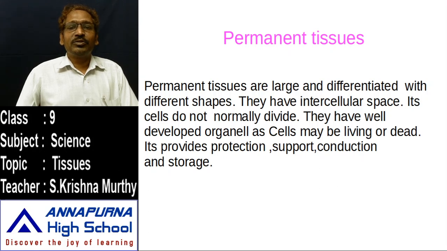In meristematic tissue, most of the cells are living cells. Whenever the living cells lose their ability to divide or carry out some activities, they turn into permanent tissues. So these permanent tissues, even though they may contain dead cells, can do different kinds of activities. Mainly these permanent tissues help to give protection, support and conduction of water and food material. Let us discuss the different kinds of permanent tissues.